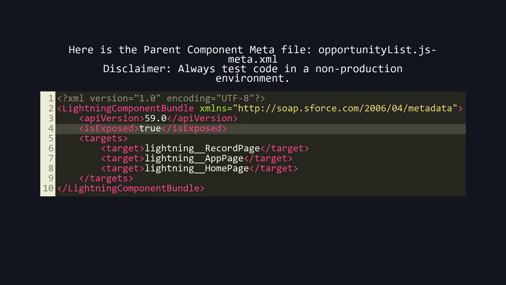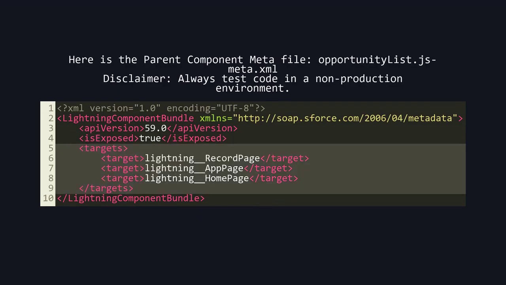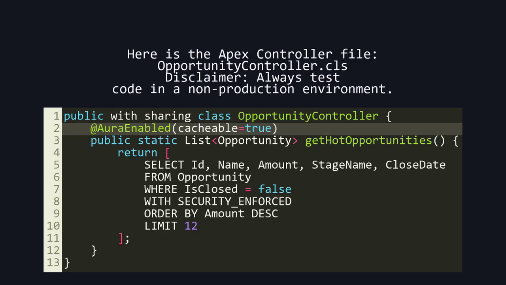opportunitylist.js-meta.xml. Disclaimer: always test code in a non-production environment. The parent component is exposed so that admins can drag and drop it into Lightning pages to make it visible to users. We define multiple targets to allow this component to be used flexibly across different types of pages in the application. Here is the Apex controller file,